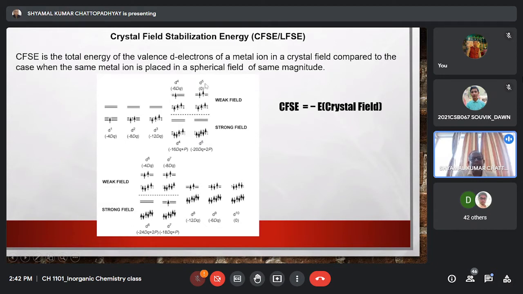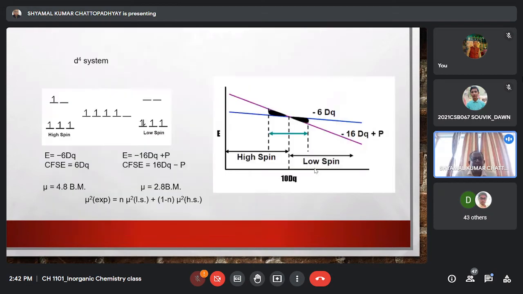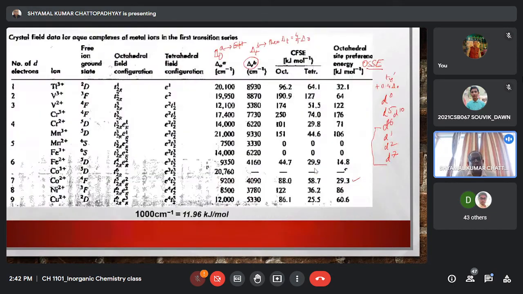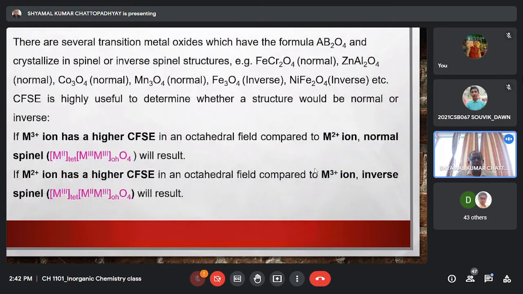So manganese 2 is high spin D5, manganese 3 is high spin D4. For manganese 2 there is no CFSE; for manganese 3 it has plus 6 dq as the CFSE. Since manganese 3 has a higher charge as well as higher CFSE, we expect Mn3O4 to also have the normal spinel structure. Now if I go to Fe3O4,